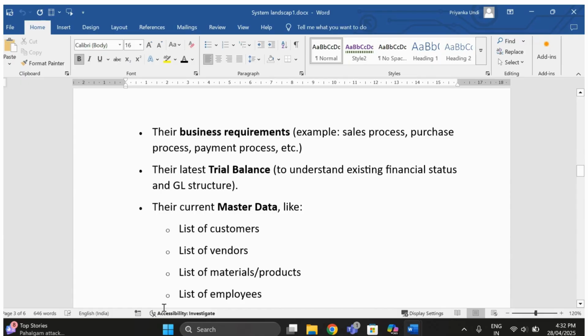their business requirements, like sales, purchases, and payment processes. We understand their business requirements, their latest trial balance. We require their latest trial balance. Why? To understand the existing financial status. To understand the existing financial status of their business, we need their recent trial balance, and for GL structure